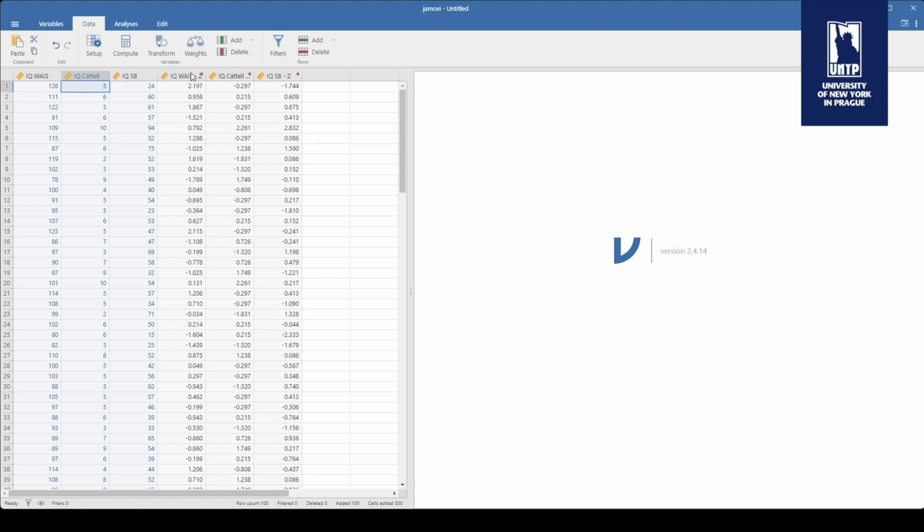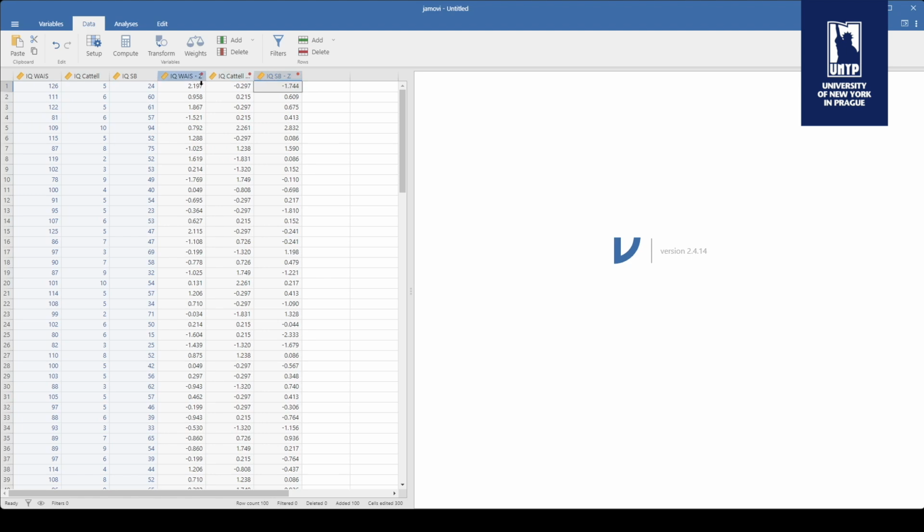Keep in mind also that the z-scores will have quite low numbers because this is just re-expressing the score in terms of standard deviations. When they have no sign, it means plus. When they have a minus, it means minus. So in this case, participant 1 had 2.2 standard deviations. Here it had minus 0.2 or 0.3 standard deviations, and here it had minus 1.7 standard deviations. So just for you to keep in mind what a z-score is, that's it. But again, Jamovi will simply